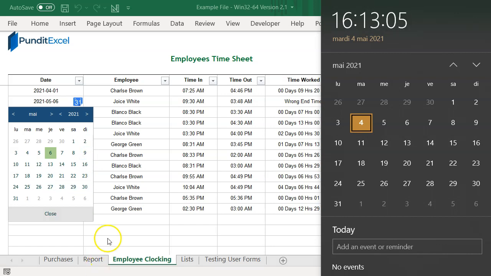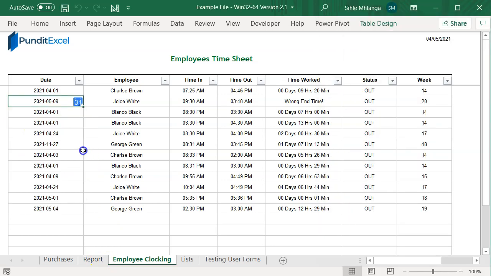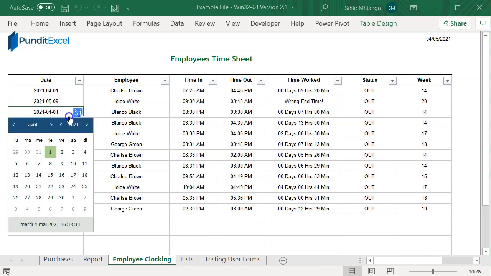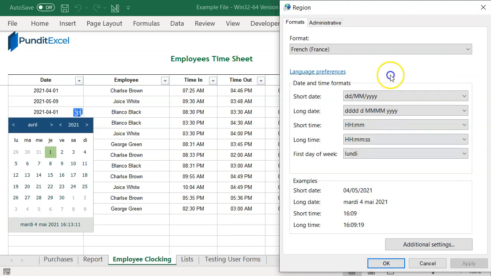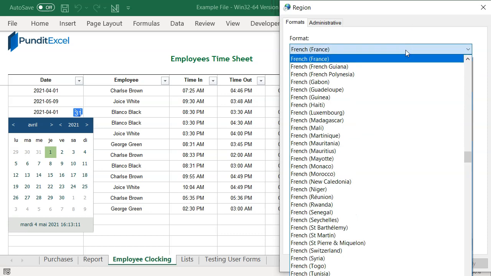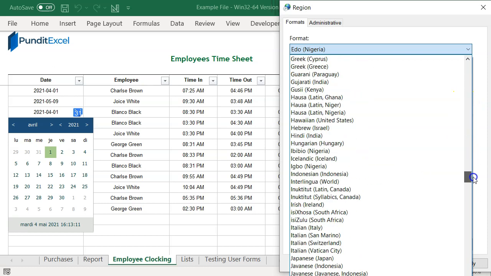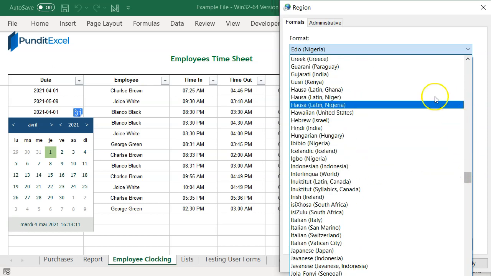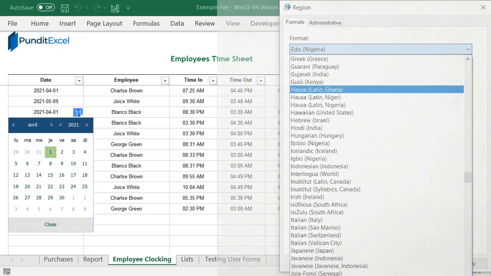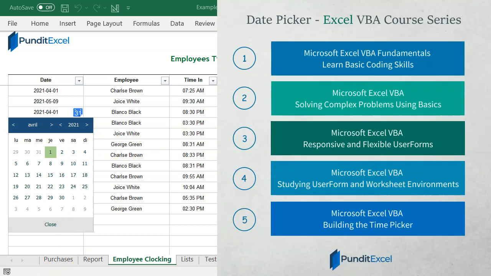So far, I think this is a very smart date picker. It does many things I will not have time to explain. The best way to define its capability is to say that it is designed to be a part of your workbook and does not seek to reinvent any wheel. Like the worksheets and other objects within the workbook, it feeds on the intelligence that already exists. And I teach about these things in the Date Picker series. So, if your original settings are set to point to your language, then you may get just that.